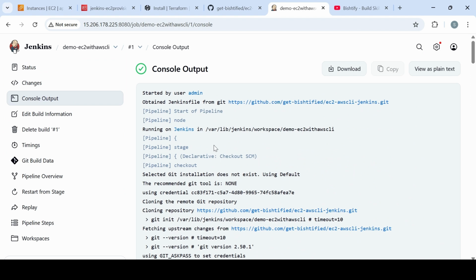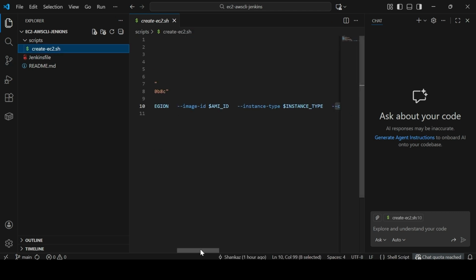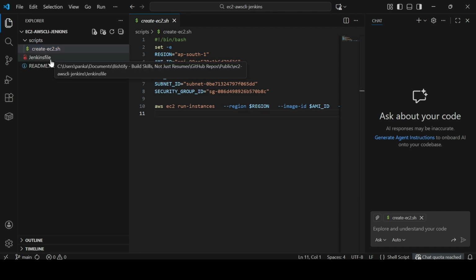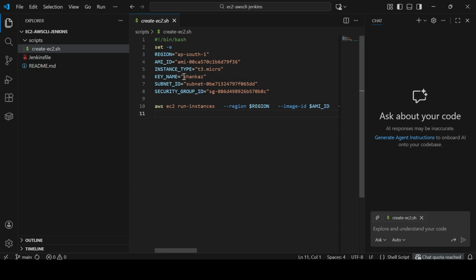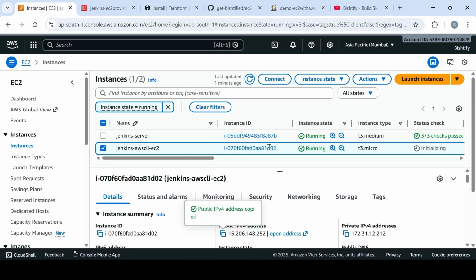And having said that, it is always up to you what all configurations you would need for your EC2 machine. You can always define it here in the shell script, right? The Jenkinsfile would do nothing but refer to this script and execute it with a certain set of steps, and that's all. I think for this video I'll destroy it, or else you can manually destroy it for now, and